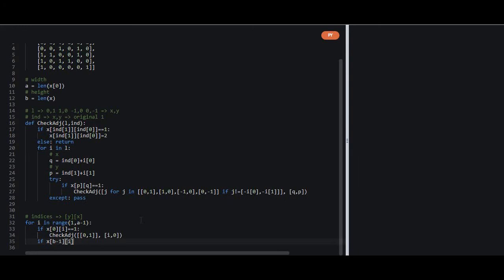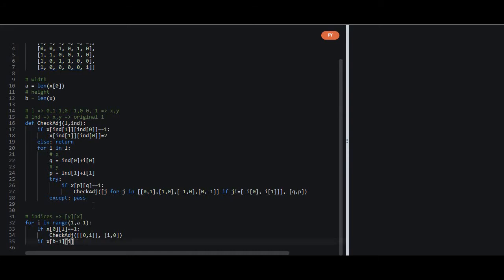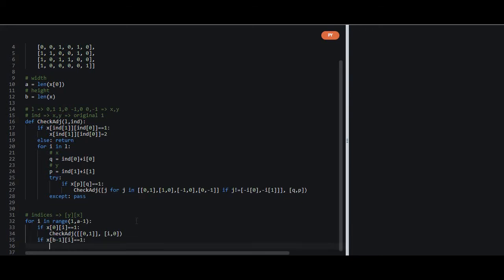So for the last row, our value of height would be b minus 1, because our counting starts from 0, but our b represents the length, and length minus 1 will take us to the last sublist, or what we say, the last single dimensional list, by putting b minus 1 comma I. And if we see a 1 here as well, then we can check for its adjacent in the upward direction. So for the upward direction it would be 0 comma minus 1. And now we will give in the x value first. X value is I, and then we will give the y value.